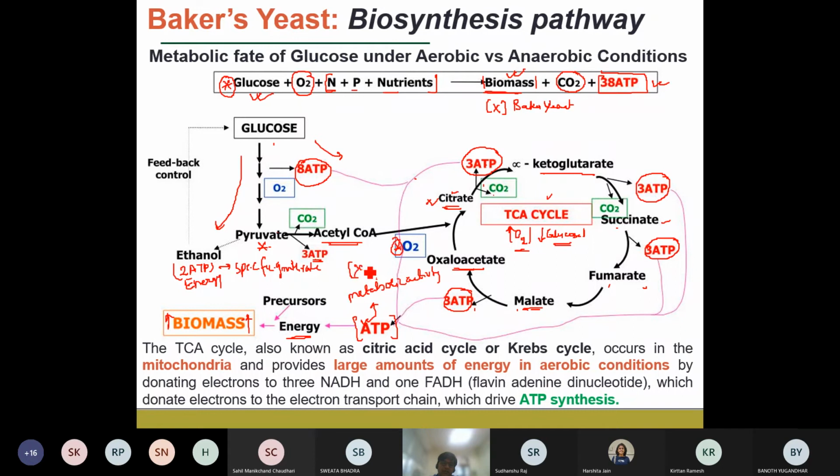It will grow its concentration, or it will grow its own number. So overall biomass concentration significantly improves, and that is what our target is, to obtain the higher biomass concentration, so that we have the higher concentration of the Baker's yeast, or the Saccharomyces cerevisiae. So this is the pathway.